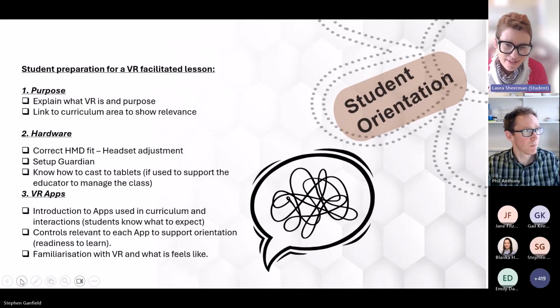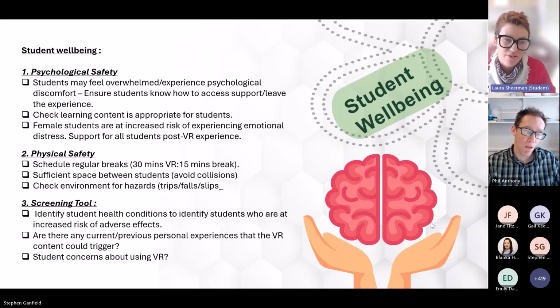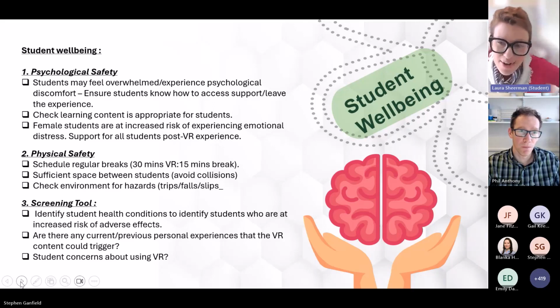Next slide, please. So kind of looking at student wellbeing. So when in VR experiences, some students felt overwhelmed and uncomfortable. So it's important to consider aspects of psychological safety. So at the core of psychological safety is a concern for the removal of negative emotions triggered by interactions with educational content. So maybe some students become stressed because of a connection to a personal experience that was triggered by some of the simulation experiences they were having.